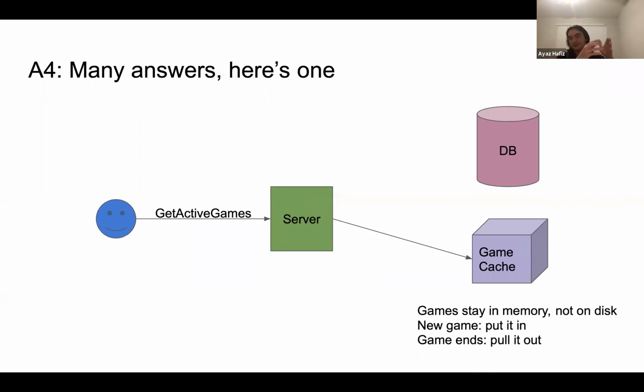But you have to know what these games to load are ahead of time. So maybe that's what this game cache stores. It just stores these IDs of games that the UI should load. It gives them back, and then when someone scrolls down to the pane where they can see the live games, the UI hits up the server and says, can you get me the current state of this game so I can show a live feed of what it looks like? But at this point, this request to get the live feed might actually be relatively cheap, because